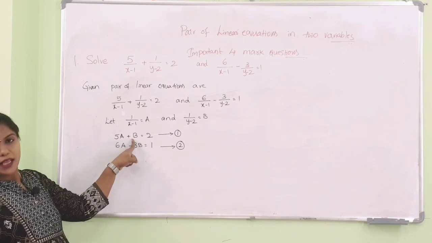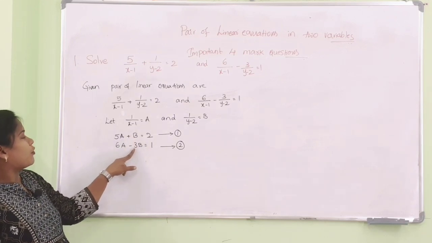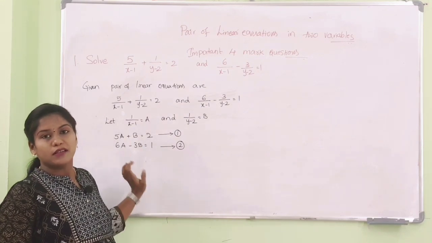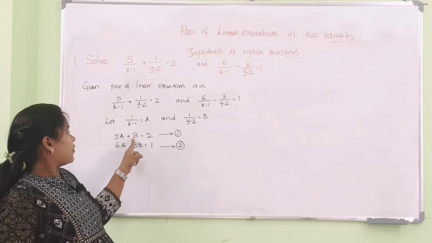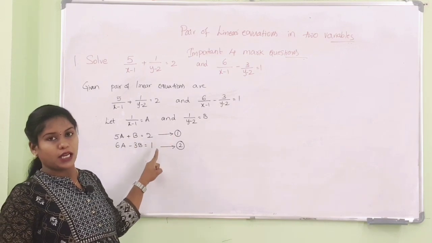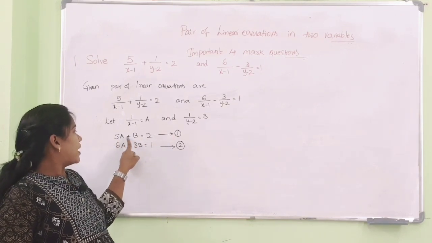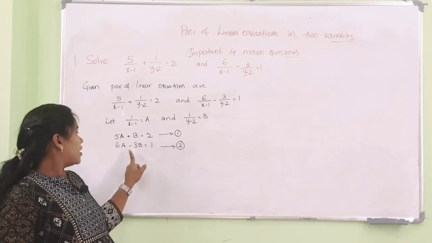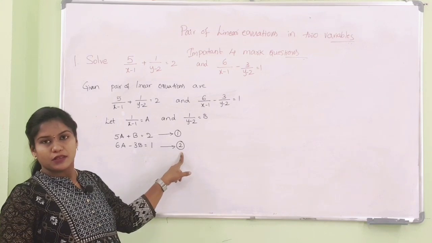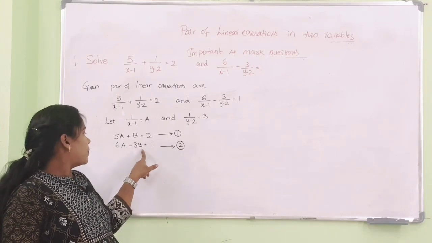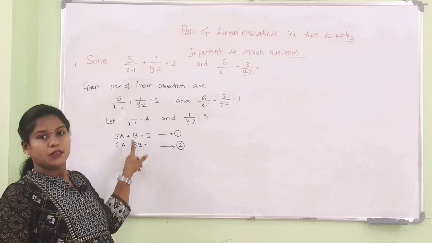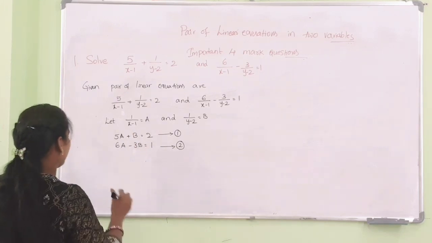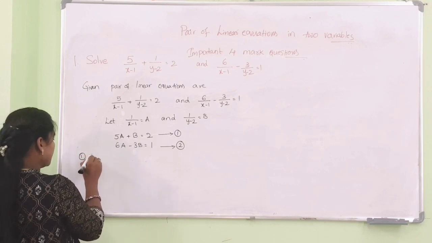Here the coefficient of b is 1. Here the coefficient of b is minus 3. So the LCM of 1 and 3 is 3. So if I multiply the first equation with 3, then I'll get 5a, and the coefficient of b will become plus 3b. If I multiply the second equation with 1, the coefficient of b will be minus 3. Then plus 3 and minus 3 will get cancelled. So here I am going to multiply the first equation with 3